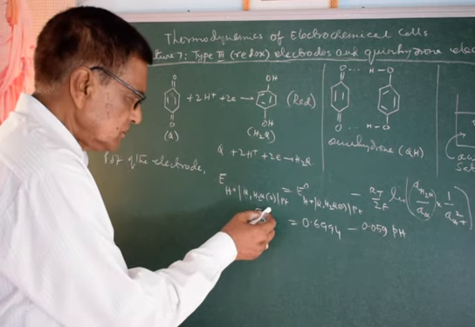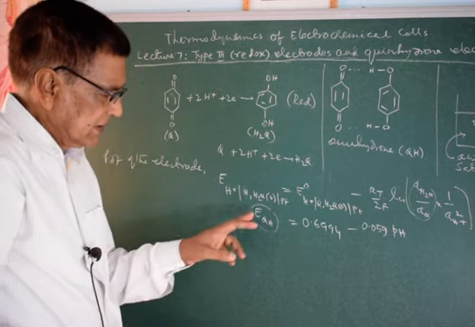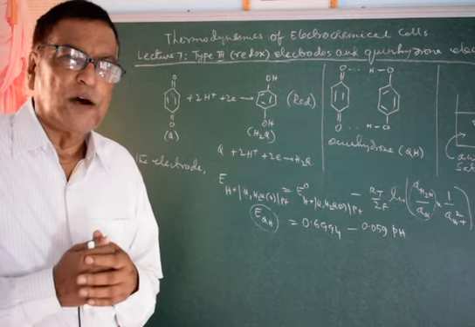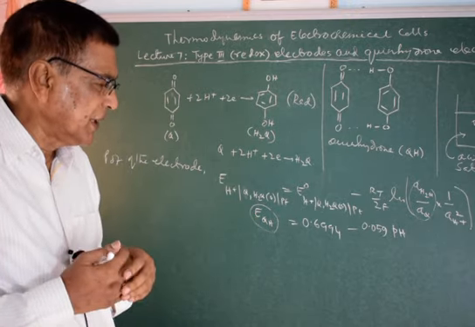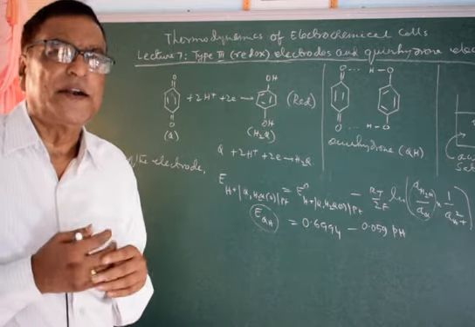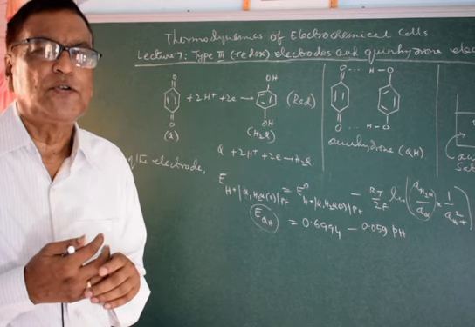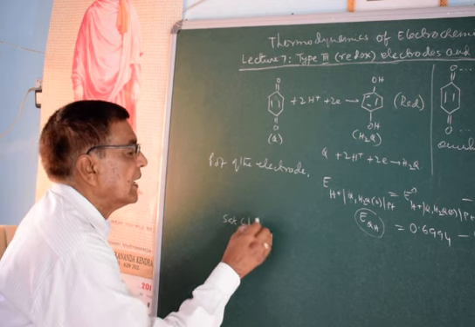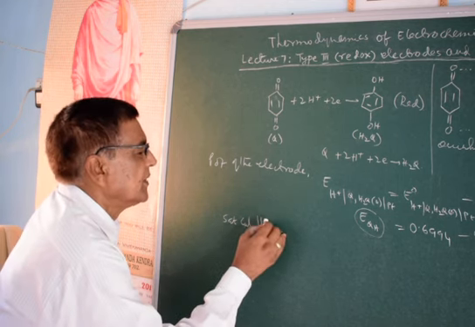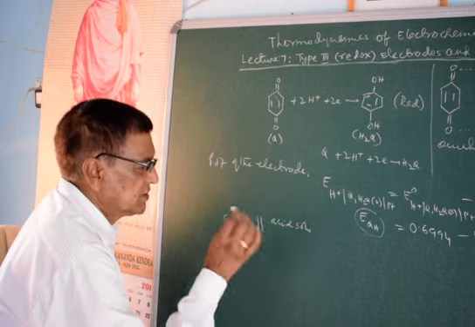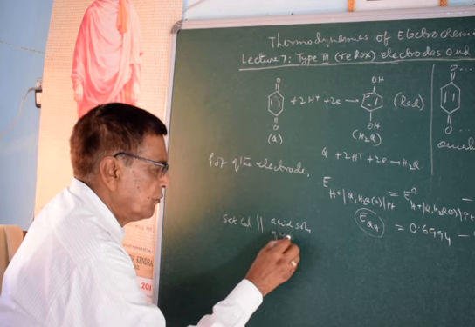Whenever this potential is determined, the pH could be obtained, and it could be determined by constructing a cell coupling with a secondary standard electrode, just like the saturated calomel electrode, and the cell setup will be like that. Here the saturated calomel and the salt bridge, and here the acid solution of unknown pH,